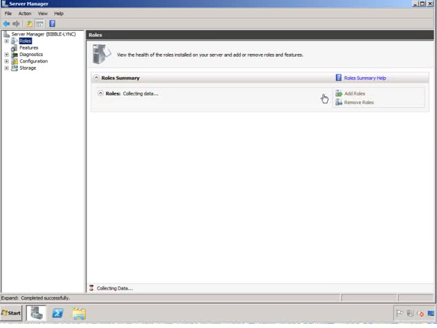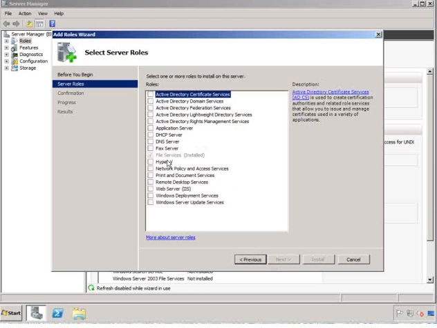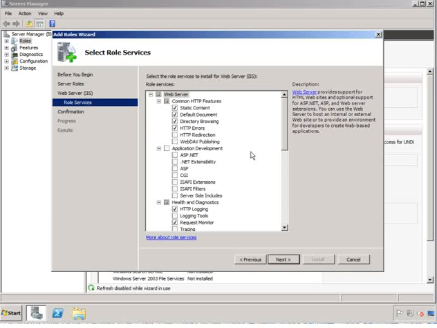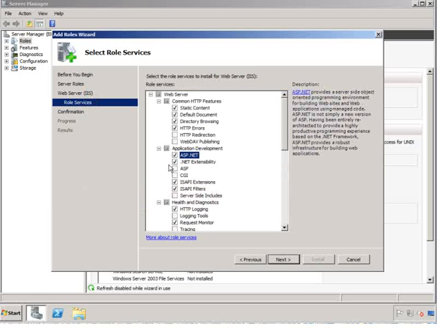So this time it's roles we want to add. And we're going to install Web Server IIS down here. And then the additional components we're going to need is static content, default document, HTTP errors, ASP.NET, add the bits for that, .NET extensibility, ISAPI extensions, filters, HTTP logging,